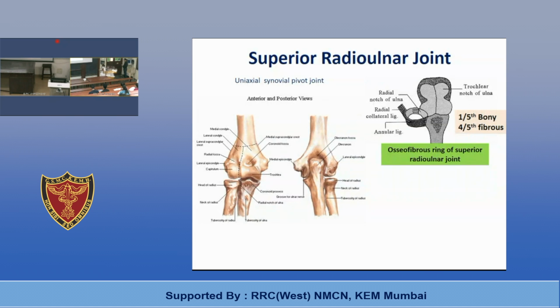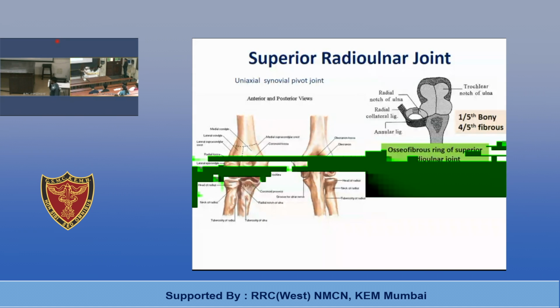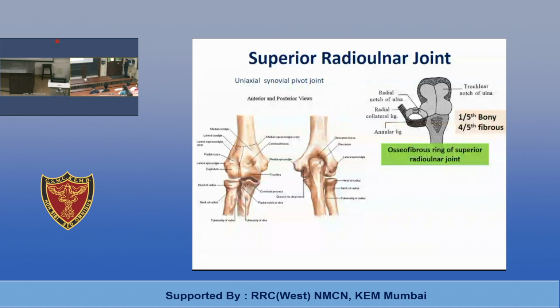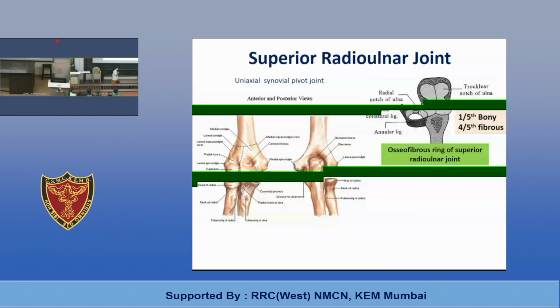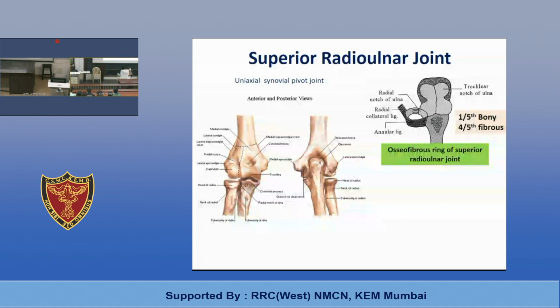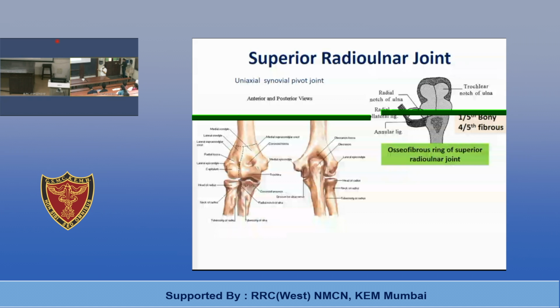So what about humeroradial component? Can you see the articulating surfaces, how they are present? There is one ball and there is one socket. So it is a modified ball and socket type of synovial joint, which is a component of elbow joint. So when you talk about the elbow joint as one entity, it is hinge variety of synovial joint, but it has two components. One is humeroulnar and second is humeroradial. Okay. So this is for articulation with the capitulum, and this area will be related to this. The entire peripheral rim will be related to osteofibrous ring of the joint.